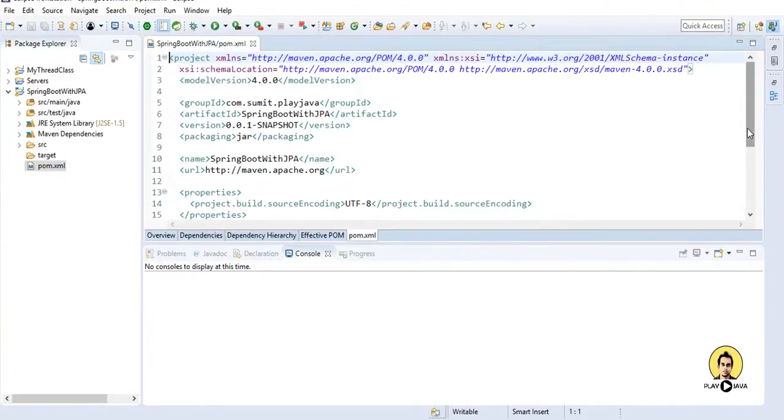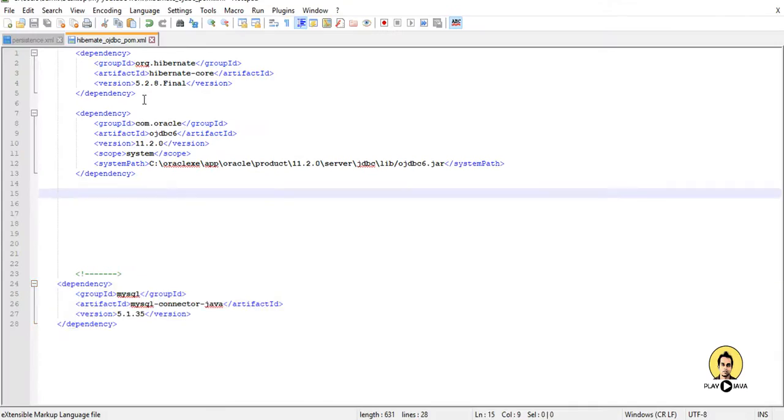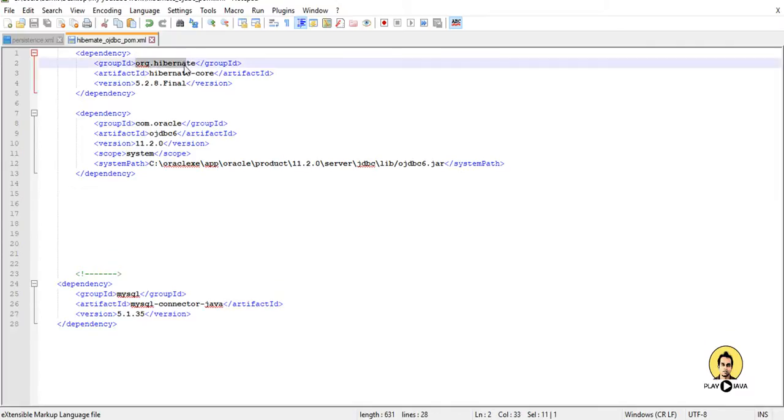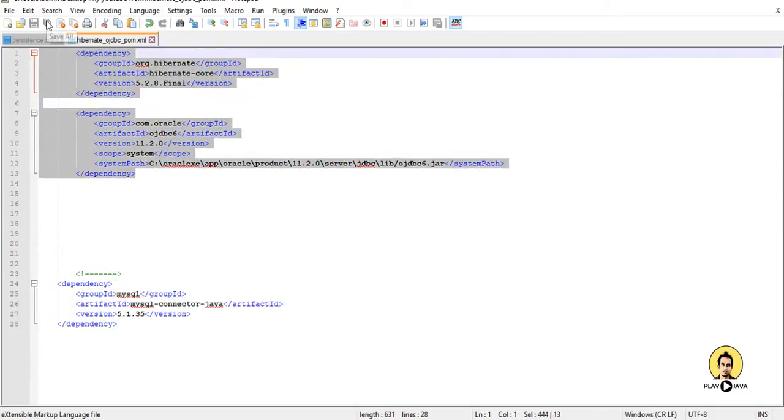And what dependency are we talking about? The dependency we are talking about is the dependency of the tool, that is where we are working on Hibernate, and the database, like I am using Oracle. If you are using MySQL, just provide that dependency. For Oracle I am providing this dependency as I am using Oracle. So I have copied this and I will paste it in the pom.xml file,